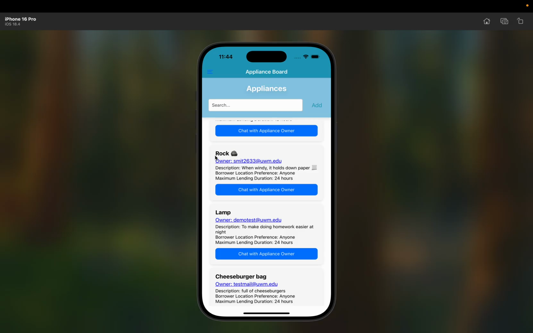And the format of the list is the same. You have the appliance name, the owner, description, borrow location preference, which is just who you're willing to lend to. You don't want to lend it to someone who lives across town, for example. And then the maximum lending duration is how long the user is okay with being apart from the item. All right, so this is also filterable,